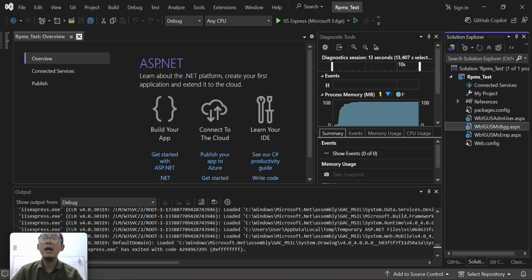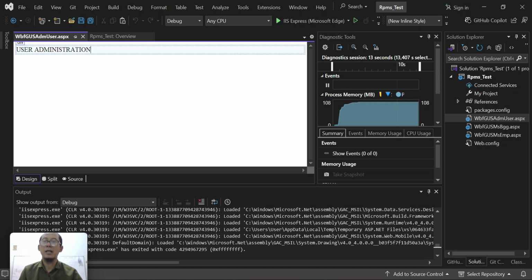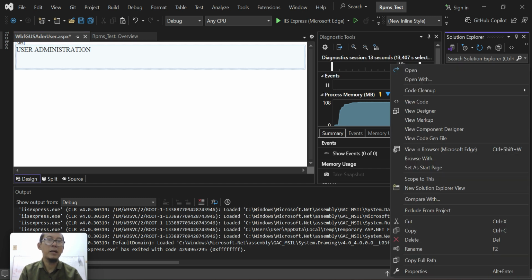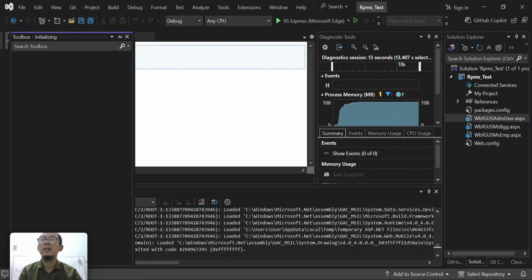What if I want to display another page from another page? For example, I want user administration as my start page, and I want to go to another page from this page. I can use, for example, a button. It's still loading.